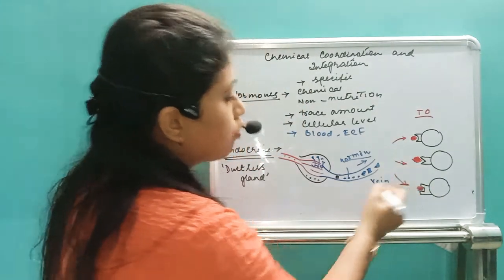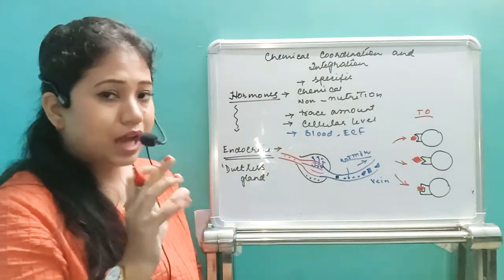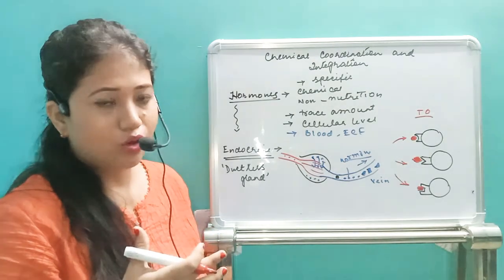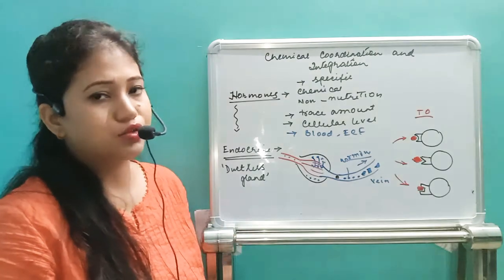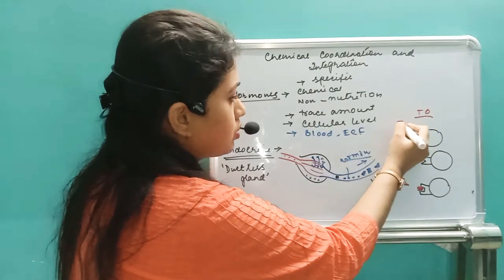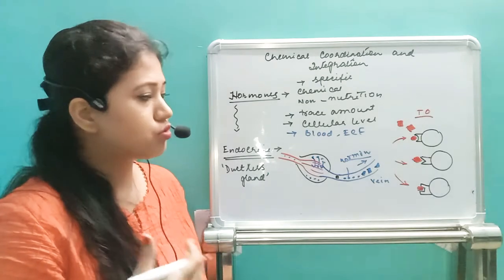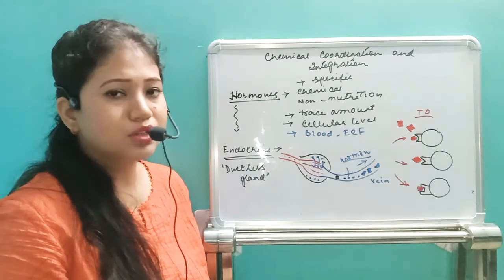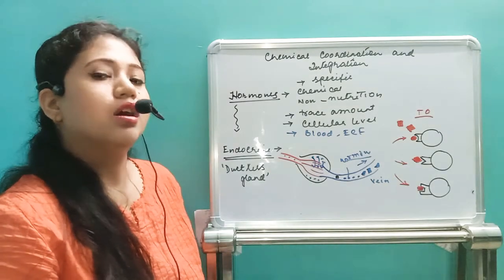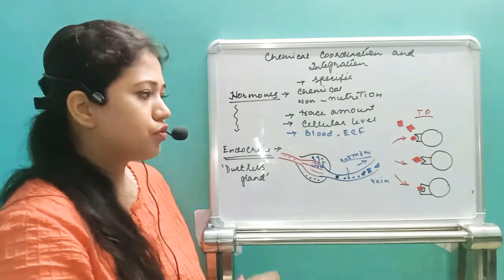So just see, though blood is carrying all kinds of hormones, the target organ which has a specific receptor will bind with that hormone. After that it starts to work. Though this gland is receiving this other hormone also, it is not going to bind with the receptor, so that's why this target organ will not show its function, isn't that so? Every target organ will have some receptors on its specific cell membrane, and if it does not, they can pass through. We'll come to that.